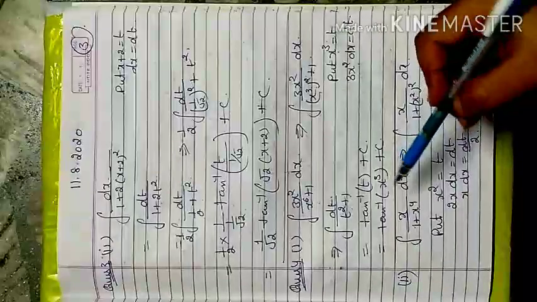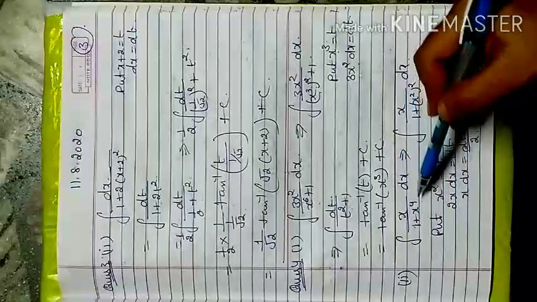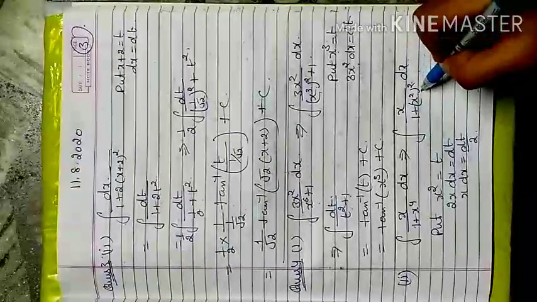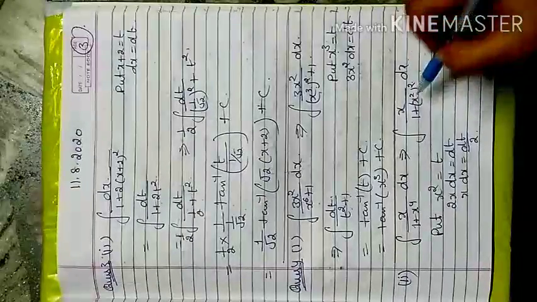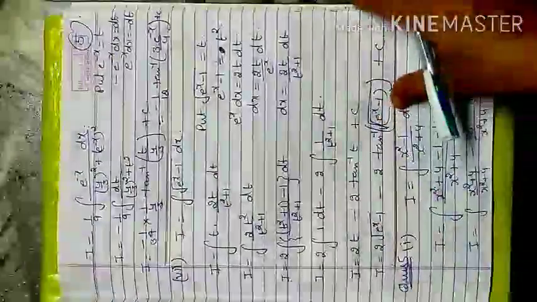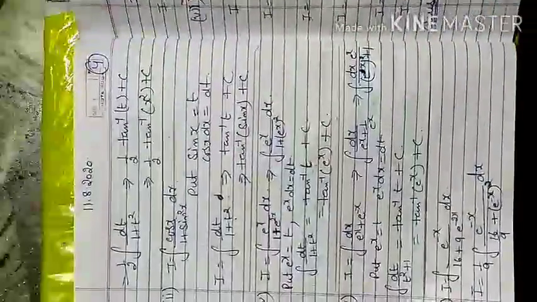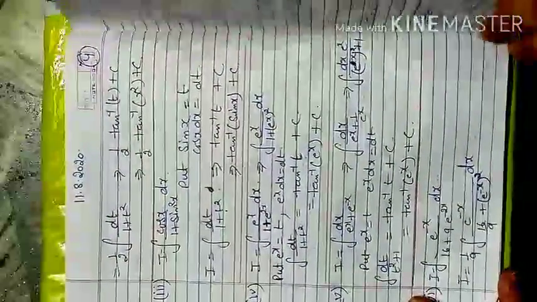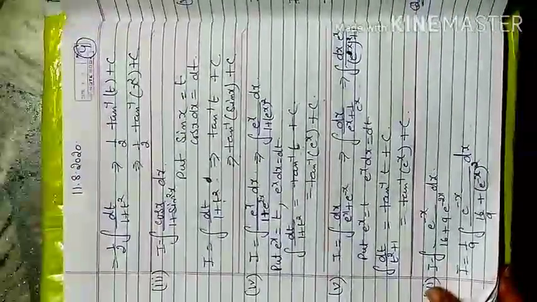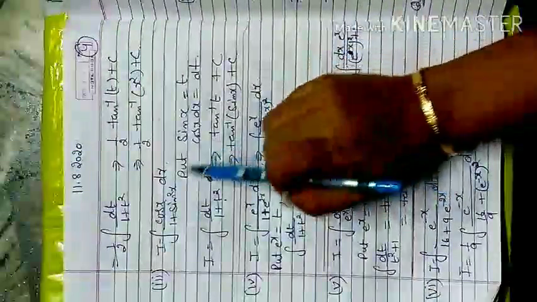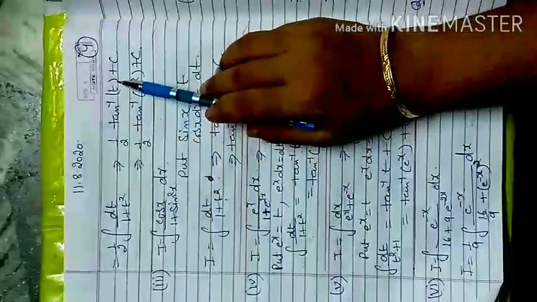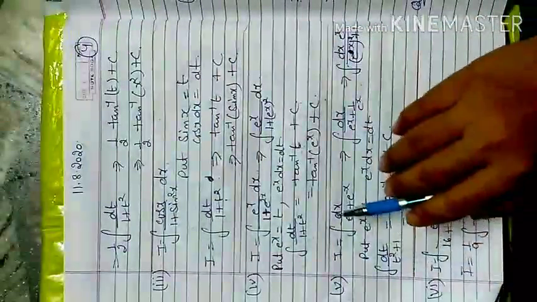Similarly, in the other question, second part also, x upon 1 plus x4, x upon 1 plus x square whole square. Now you consider again here x square as t, then the numerator merges up into dt by 2. Now you replace the values here. Now you replace the value, 1 by 2 dt by 1 plus t square, 1 by 2 tan inverse t, then t is replaced back to x square.